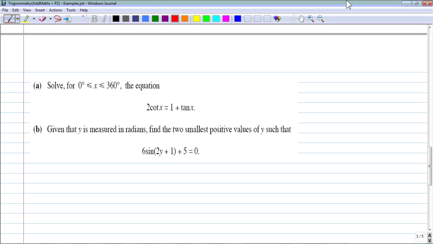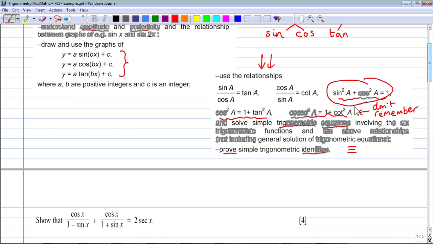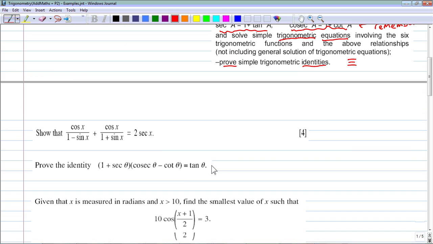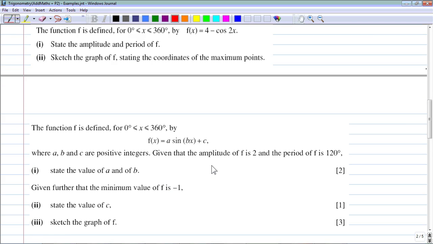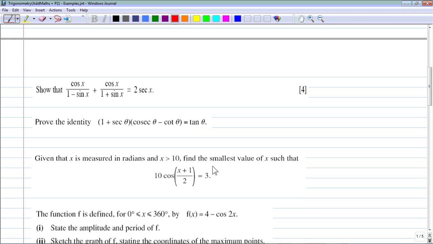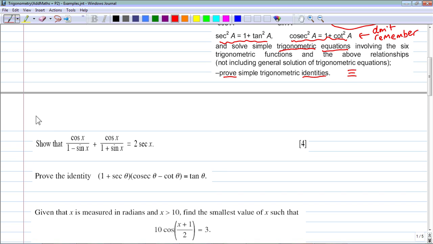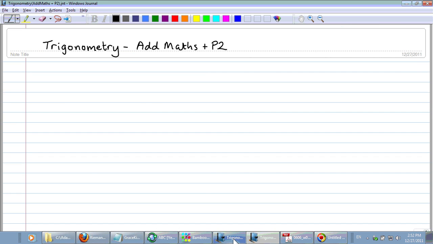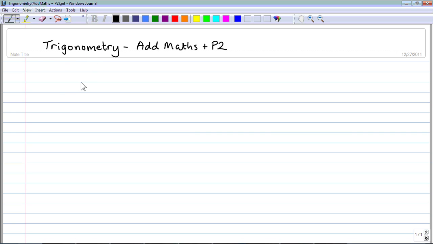So what I'll do is I'll briefly review the meaning of secant, cosecant, cotangent, and then I'll talk quite a bit about graphs, and then we'll talk about solving equations in the context of these examples, which I took from various past exams. So these are exam questions. Okay, so let's go into the main section, and we're going to talk about